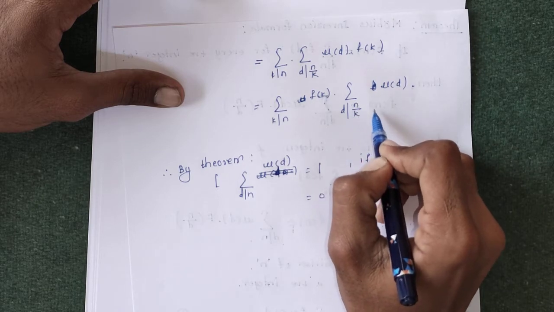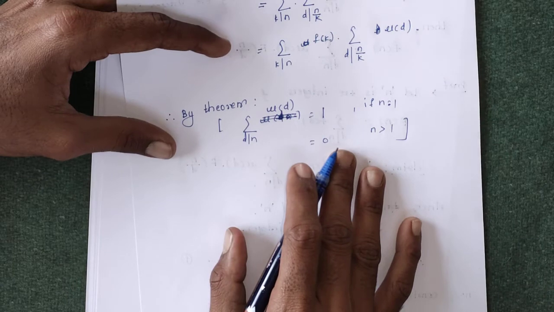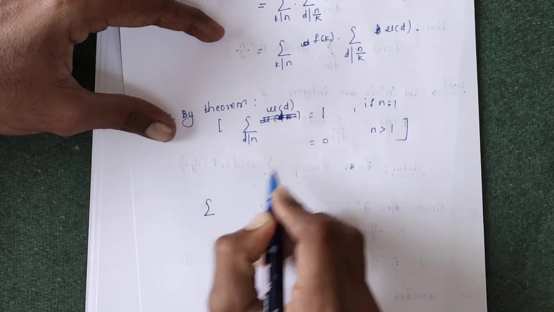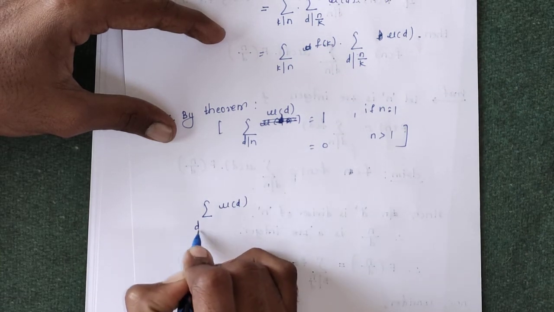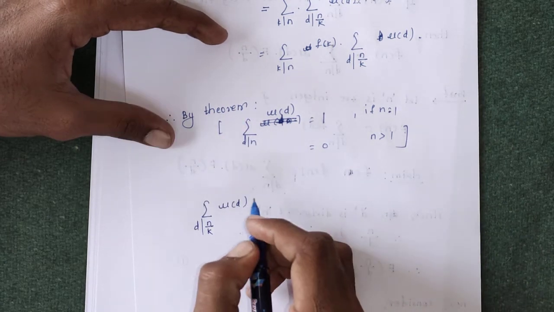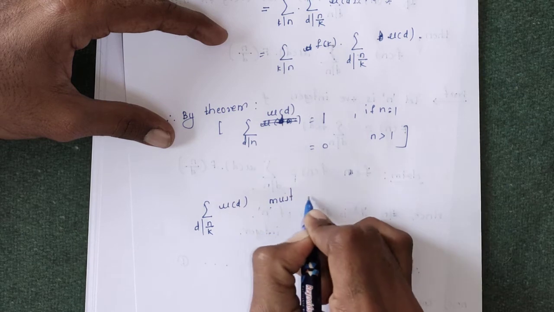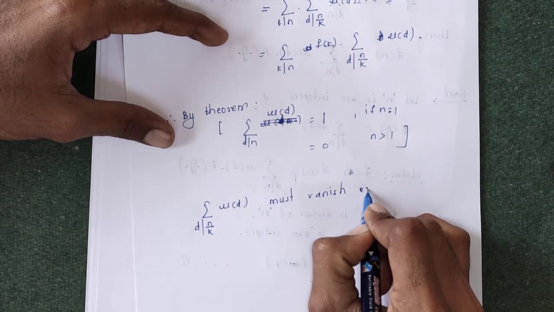n by k is equal to 1 means n is equal to k. Therefore, using this theorem, we can say that this summation of mu of d, where d divides n by k, must vanish, that is, become 0, except